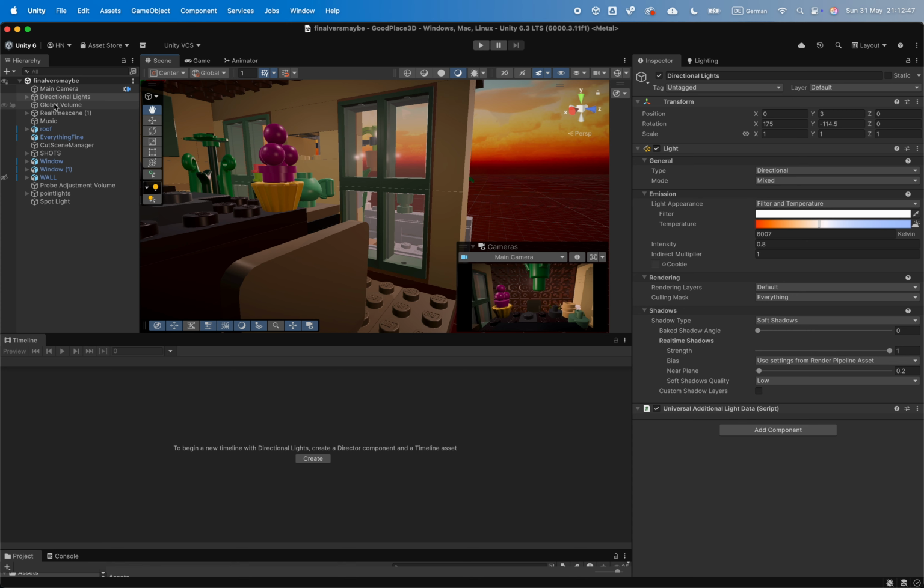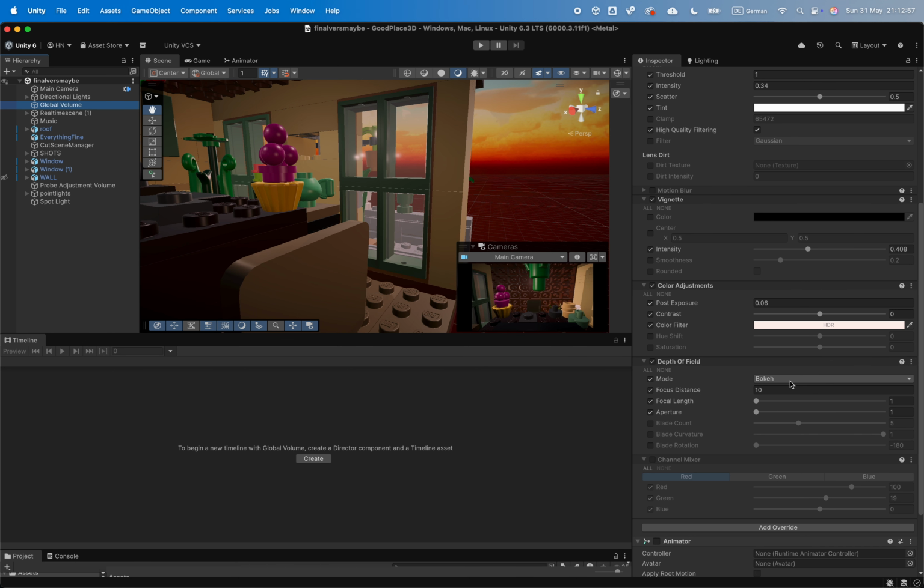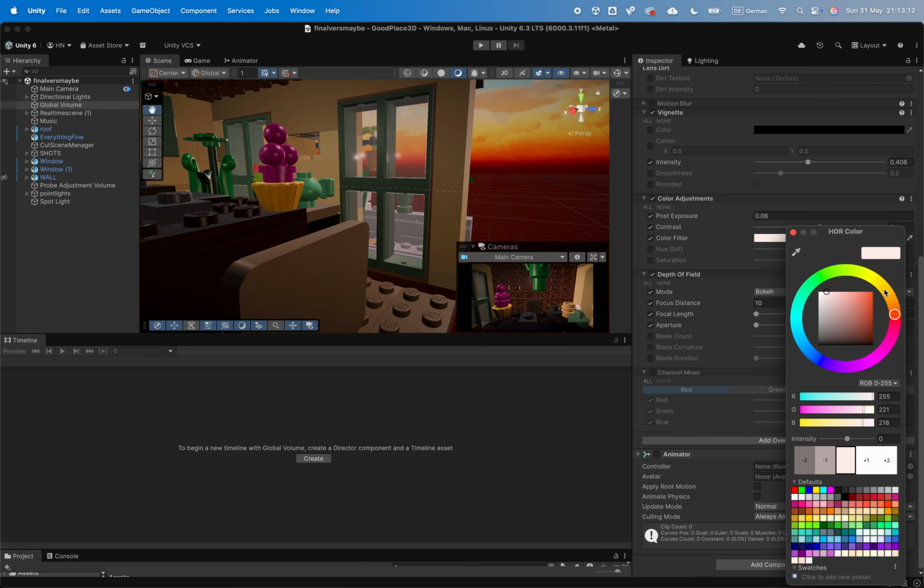And for post-processing, I used Unity's global volume system with bloom, vignette, and color grading. The bloom helped create a softer glow inspired by the atmosphere from The Good Place, while vignette helped focus viewers' attention more towards the center of the frame, as well as create that nice cinematic look. I also color graded the scene using warmer orange tones to match the sunset skybox and create more consistent lighting